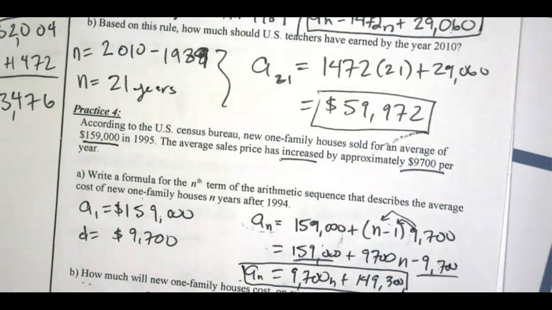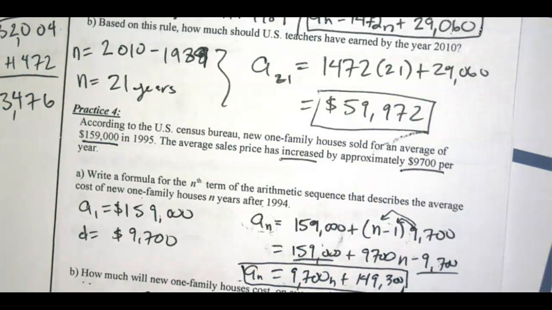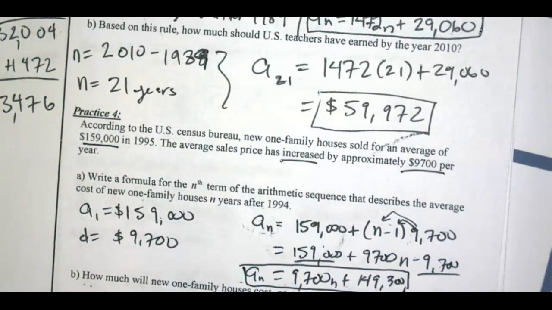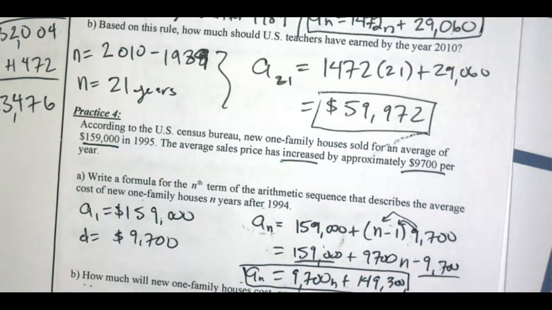If you go ahead and multiply here, you get 155,200, and then if you add that to the first term, 149,300, you get $304,500 for the average cost of a